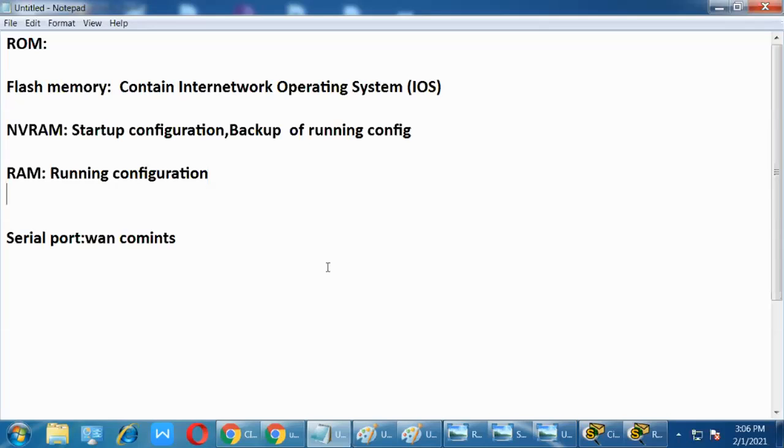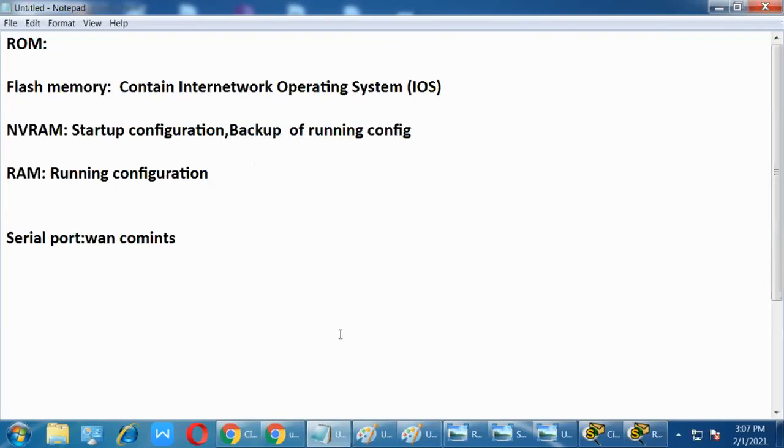कहाँ से लेके आ रही? D partition से लेके आके आपके desktop पे provide कर रही, right? Right or wrong? Yes, sir. So that is startup, meaning from here you can start whatever you want, right? Got the point? So that is the startup configuration. Startup configuration is nothing but whatever you configured previously and saved.